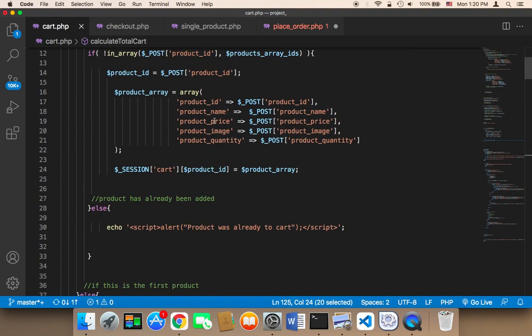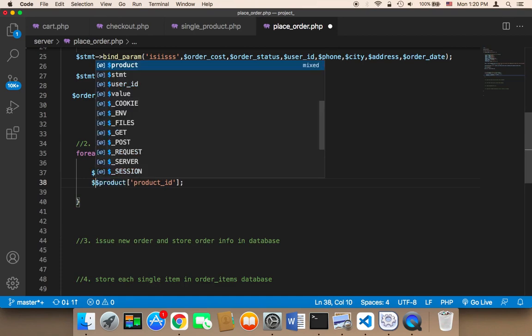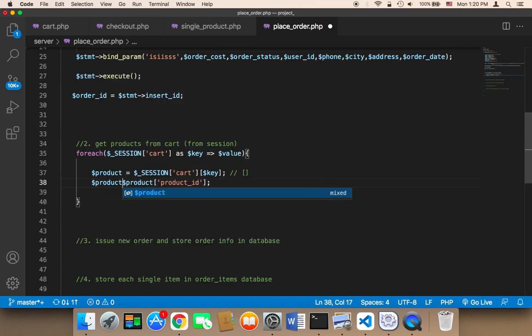So you need to use these keys. You cannot use other keys other than these. So we need to say here product underscore ID, and then the product ID is going to be equal to the product ID, and we can repeat the process,